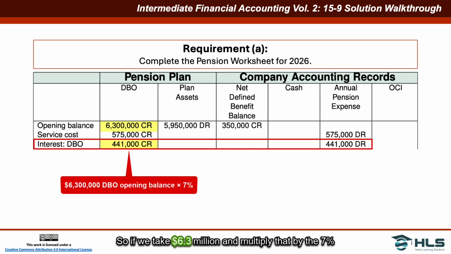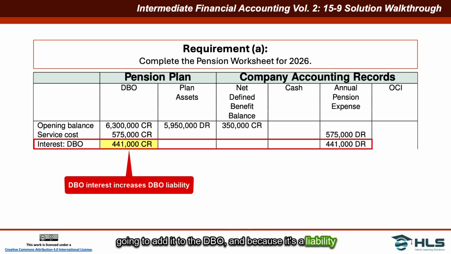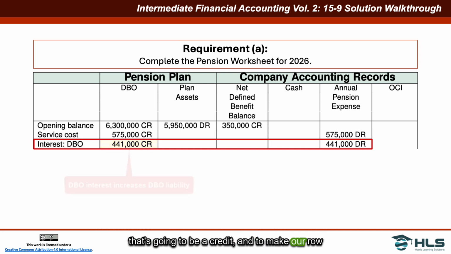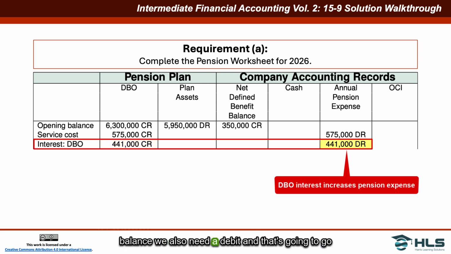So if we take $6.3 million and multiply that by the 7% interest rate, that ends up being $441,000. This increases the defined benefit obligation, so we're going to add it to the DBO, and because it's a liability, that's going to be a credit. And to make our row balance, we also need a debit, and that's going to go straight to the pension